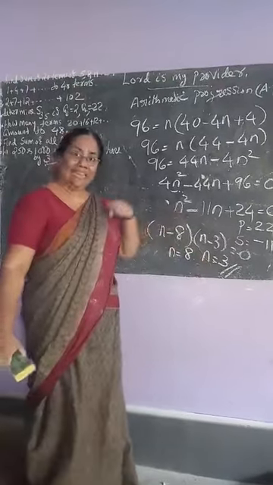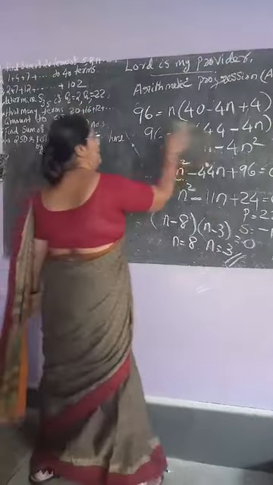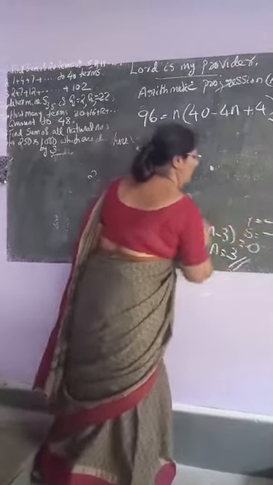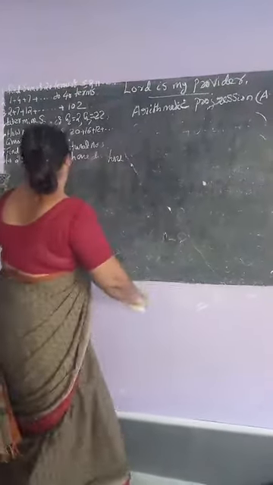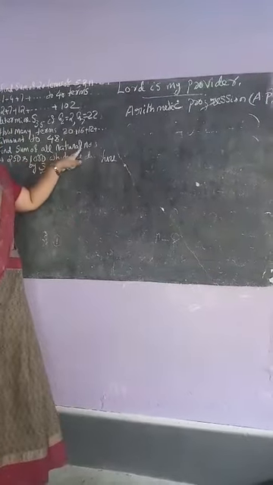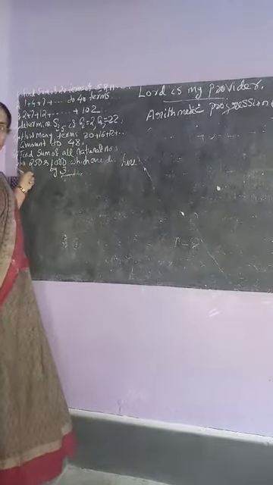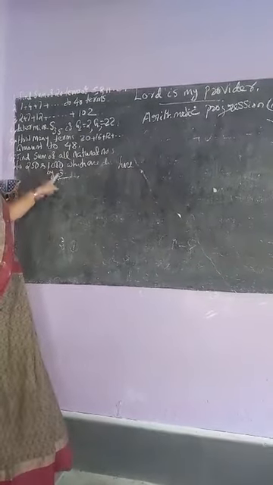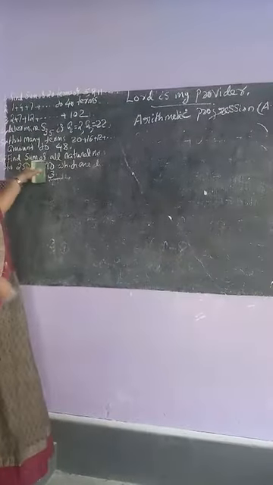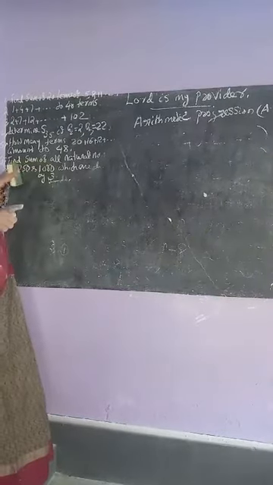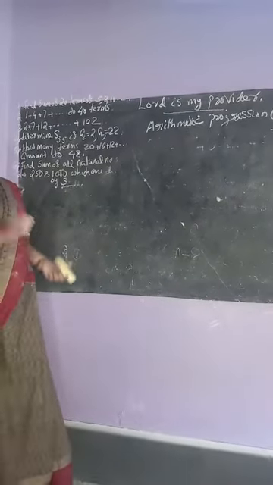Understand the method? Here Sn is given. Our aim is to find that n, how many terms are there. Then next question is, find the sum of all, very important type, find the sum of all natural numbers between 250 and 1000 which are divisible by 3. I will read once again. Find the sum of all natural numbers between 250 and 1000 which are divisible by 3.